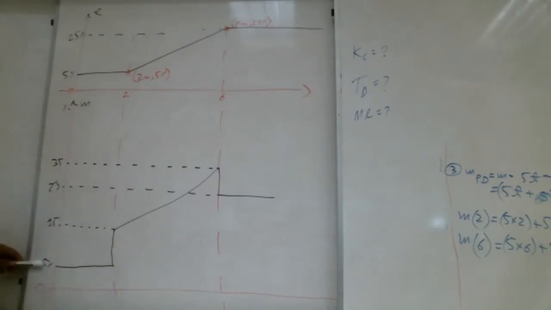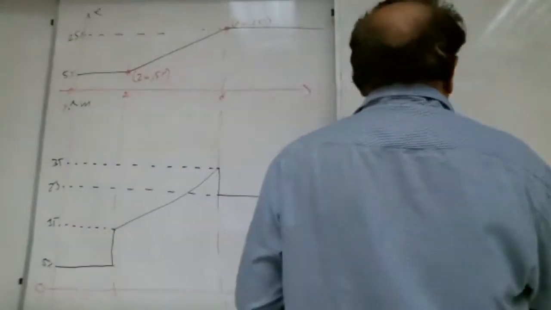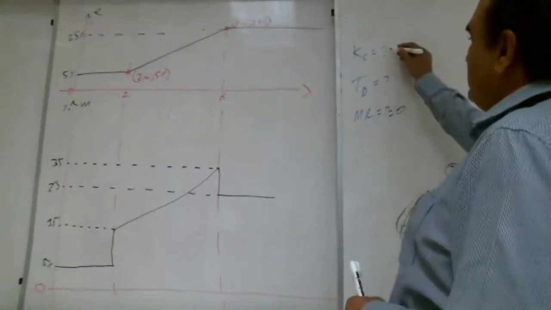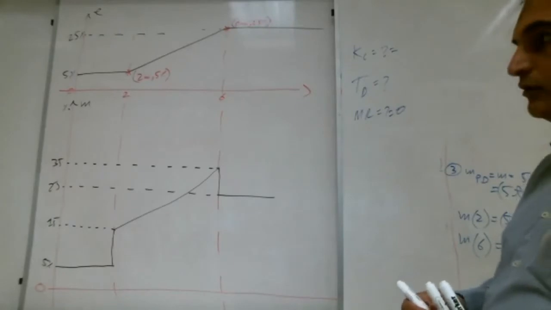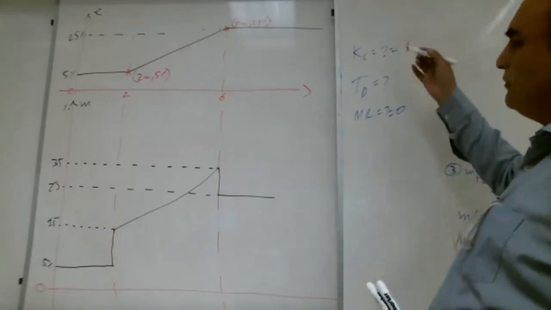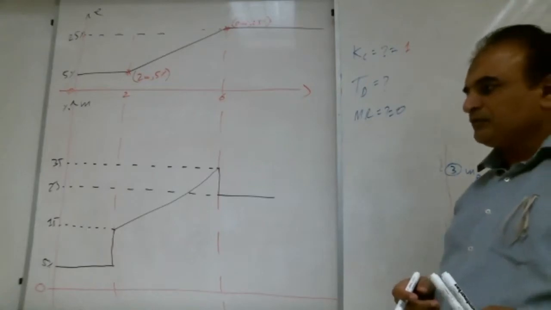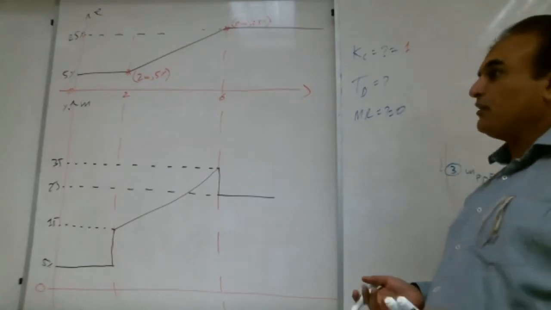If there is a MR, output start shifted up. Right, Shabab? If error is starting at 5, output is starting at 5, it means there is no MR. Right, Shabab? And also, what is the gain? 0, teacher. So MR is 0, and what is the gain? Output over input. That is 1. Yes, of course, it is 1, teacher. Gain is 1.